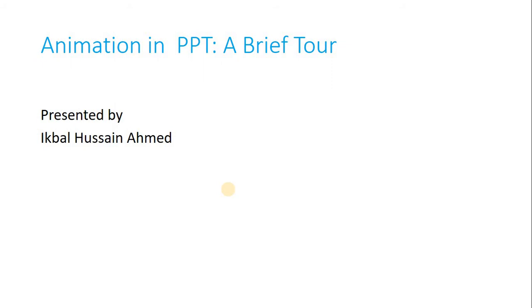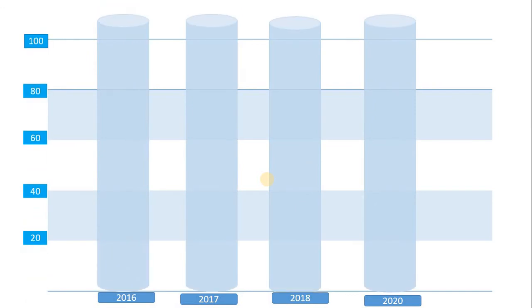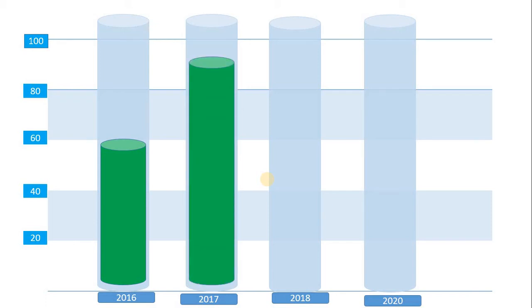This is an infographic that represents certain numbers or statistics. So this is the base of the presentation. I'll be showing some data on the basis of the years 2016, 17, 18 and 20. This will be representing different data in the range of 0 to 100. So this is the second step, and when I click next, let's show the data for 2016. You see this is animated. 2017, 2018 and 2020.